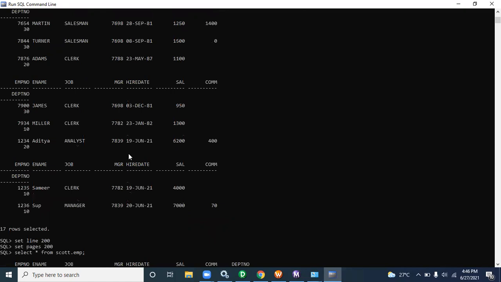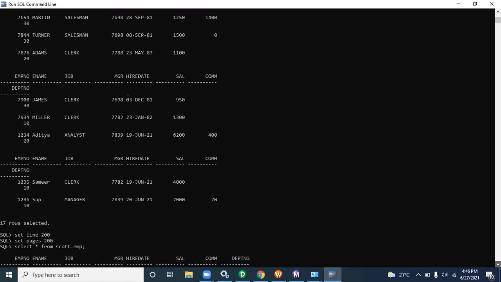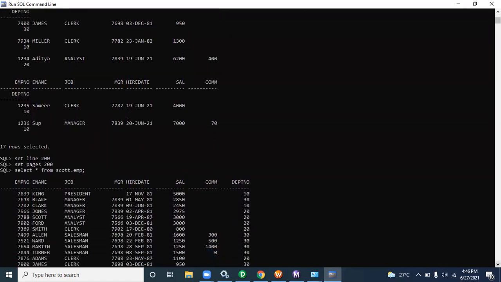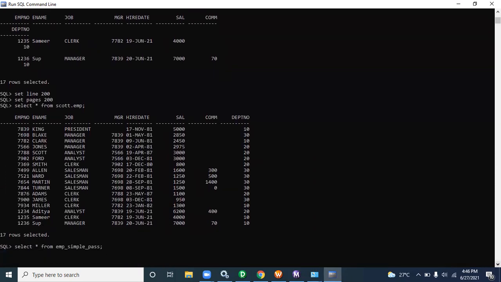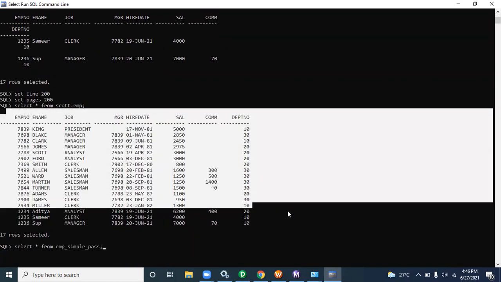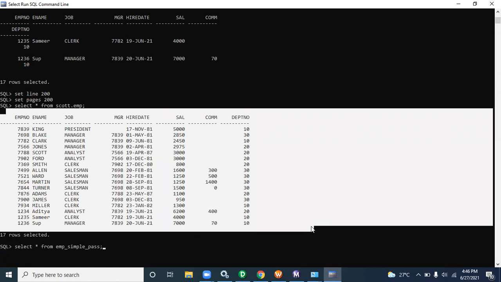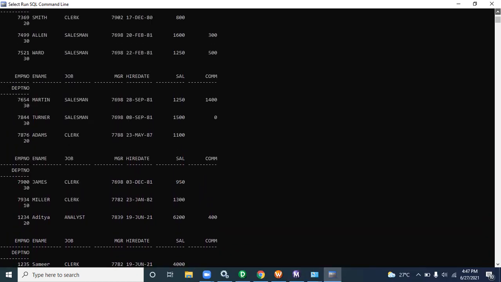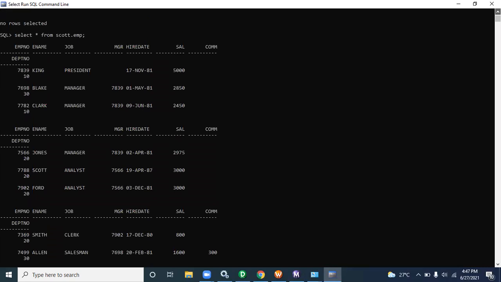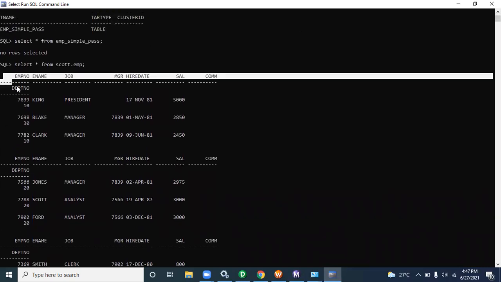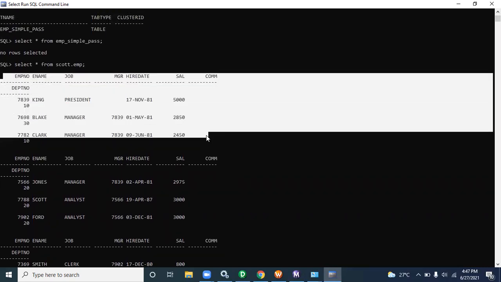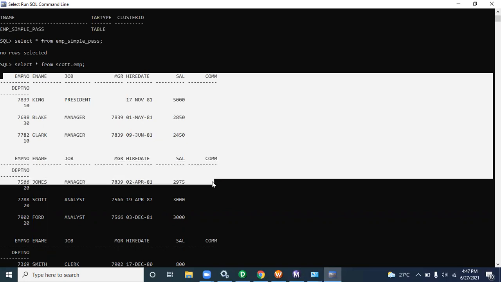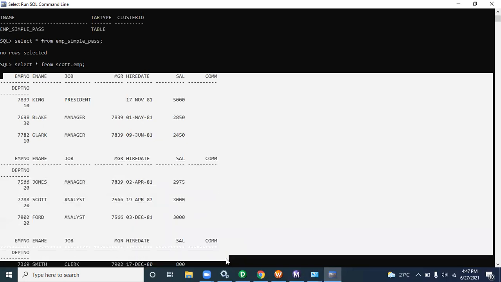For that reason I am arranging the line and page, so it will show in one page in a user understandable manner. See, up to these 3 records, then again EMP, ename, job will be there. So it is not that understandable.